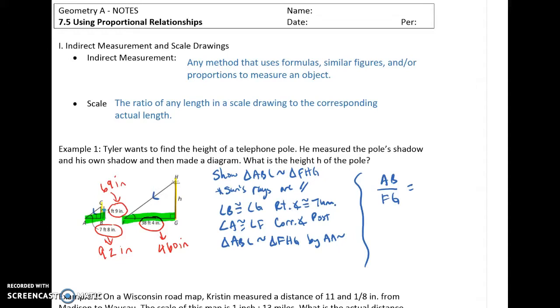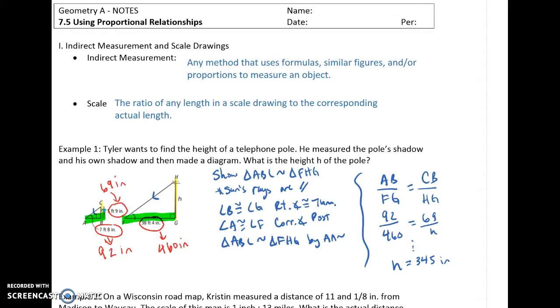So again, small to big, so CB on top and HG on the bottom. Okay? Then plug in your numbers and solve your proportion like we've been practicing. Remember to use your converted numbers. Alright, so then I just did the cross multiplication, and